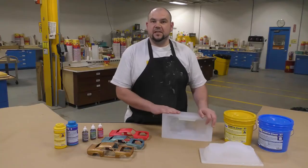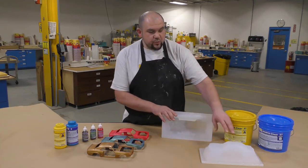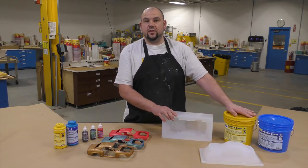So there you have it, a simple and easy way to make two-part squeeze molds using the Sorta Clear 37